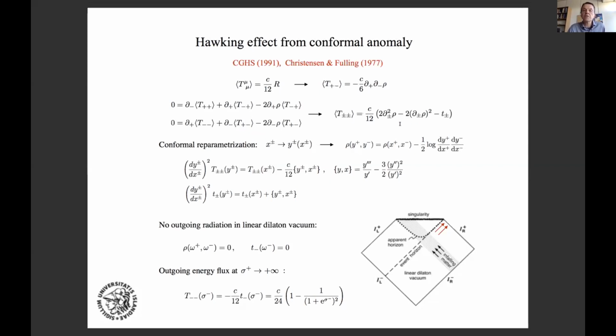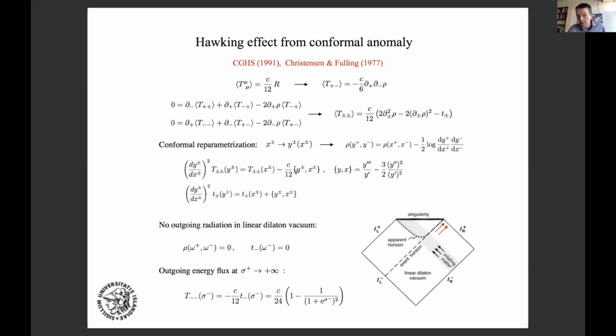And one can see that these integration functions of integration actually transform in a characteristic, well-known way. So if we do a conformal reparameterization of the coordinates, so we let the light cone coordinates be a function of each, so y plus of x plus and y minus of x minus, the conformal factor will transform in a simple fashion. And a simple calculation will tell you that the stress tensor will in fact pick up an anomalous piece here. And this is the conformal anomaly here